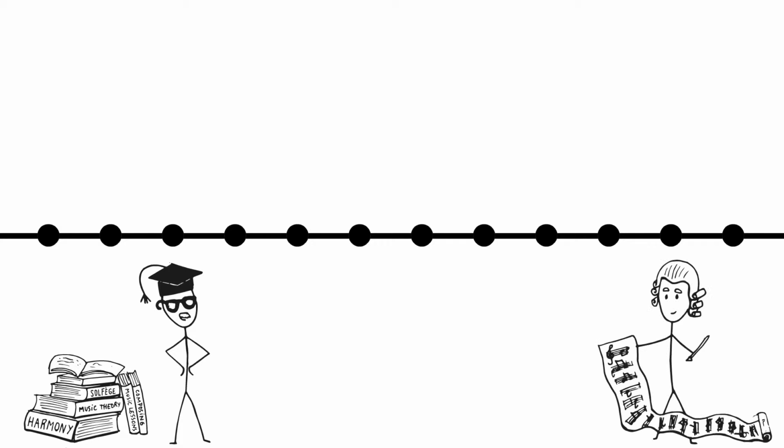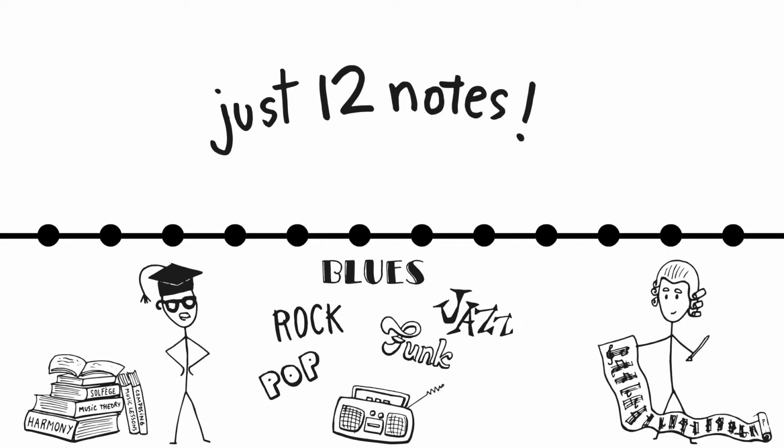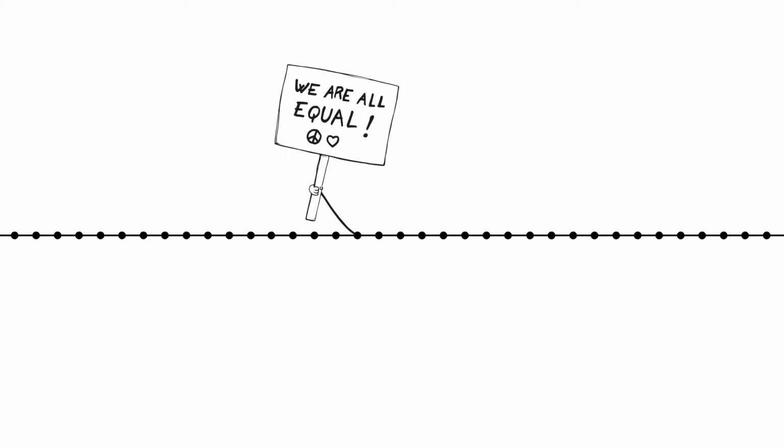What many people never fully appreciate is that these are all the notes that exist. All those music theory books, all your music teachers in school, the centuries of classical composers, all the way up to modern music like pop, rock, funk, blues, and jazz. It's all made from just 12 notes. And these 12 sounds are repeated across the musical continuum. All of these notes are equally separated, and they're all exactly equal in value and importance.